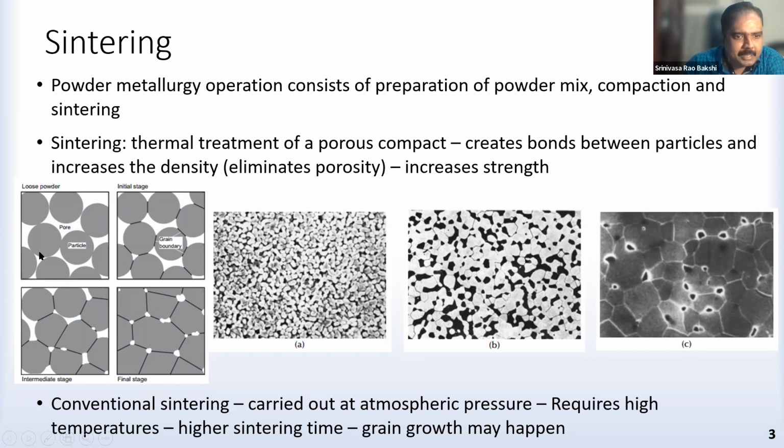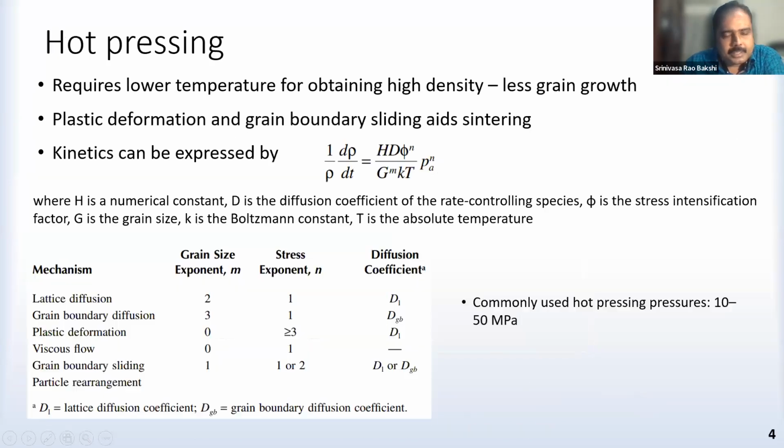So this is how the sintering progresses from a porous compact to a dense compact, and this is an example of alumina. And we have several types of sintering. The conventional sintering is basically heating the compact in atmospheric pressure inside a furnace, and this requires high temperatures and a higher sintering time, and this may lead to grain growth, which will reduce the properties. To reduce the sintering temperature and the time, we can apply a pressure during sintering, and